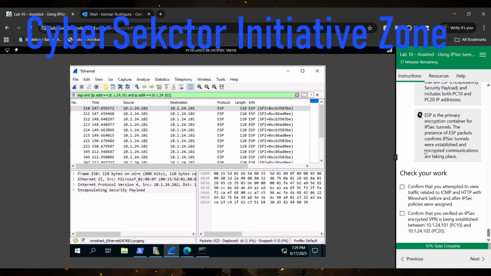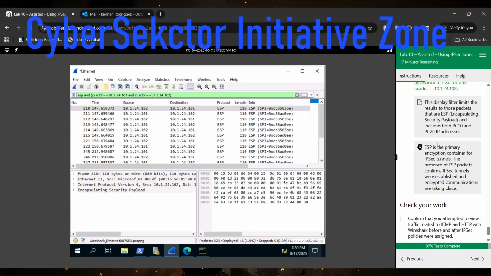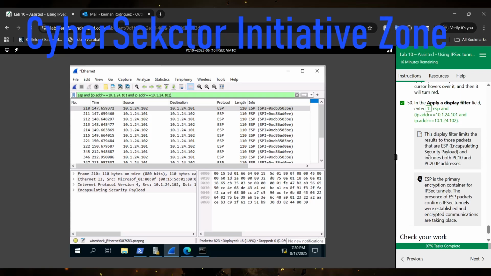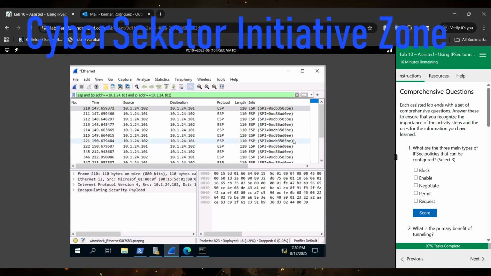This is pretty fun. Before I go, the ESP, or the encapsulating security payload, is a primary encryption container for Internet Protocol security tunnels. The presence of encapsulating security payload packets confirms IPSec tunnels were established and encrypted connections are taking place. So now that we're done here, we just have to answer the questions, and I'll pretty much explain